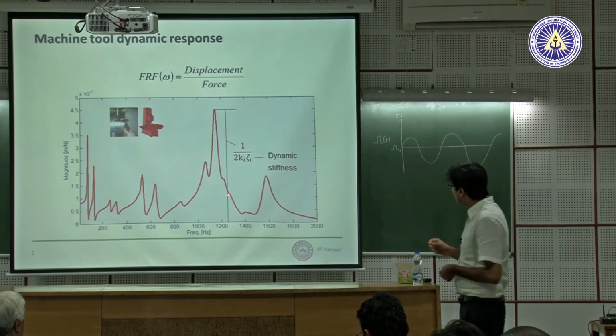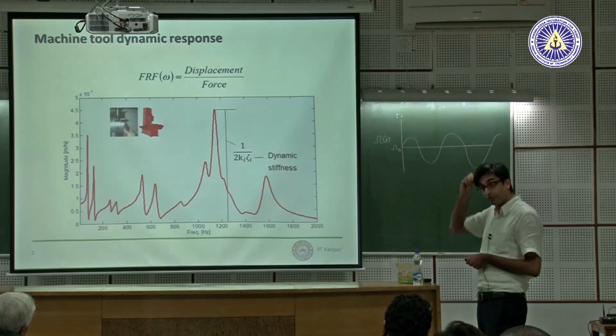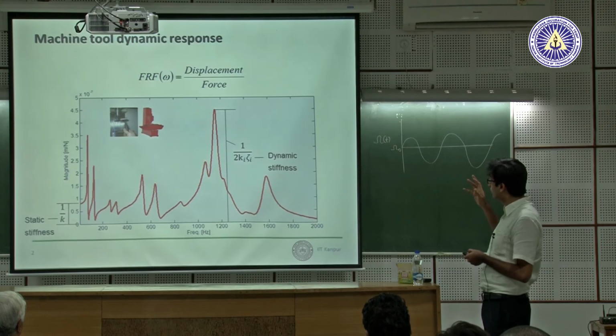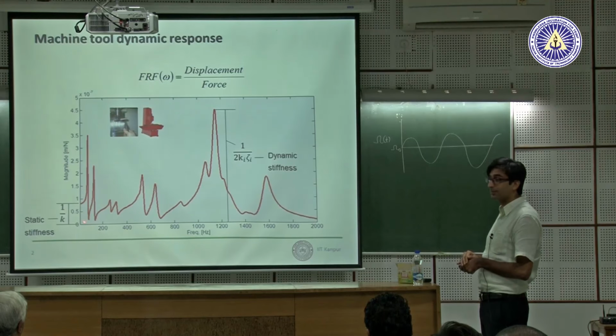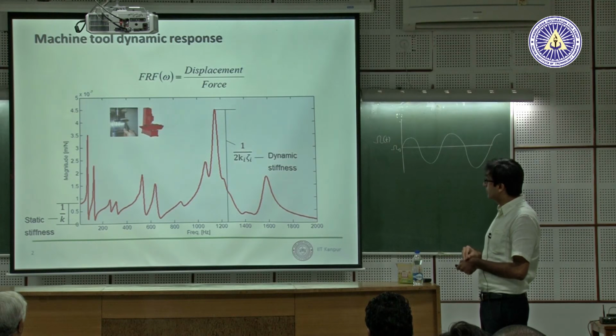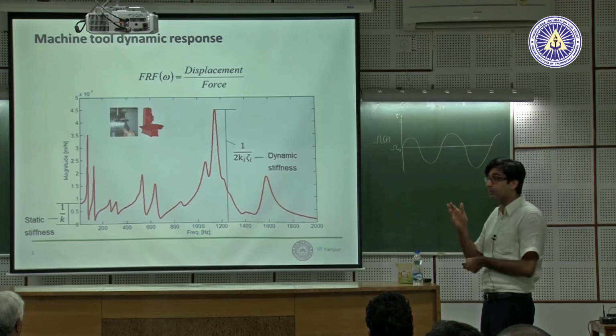So what we are interested in is dynamic stiffness, and understanding the dynamic stiffness of the most flexible mode in the machine. Static stiffness is nothing but the zero frequency intercept over there. You can see static stiffness is so much stiffer than the dynamic stiffness. So if you design a machine for static stiffness, you don't even know what is happening in this regime. You're actually working in the dark. So throw out these ideas, it's time to move to this.